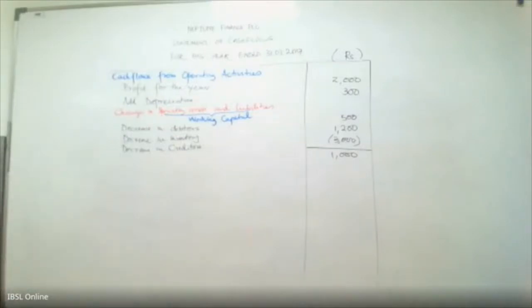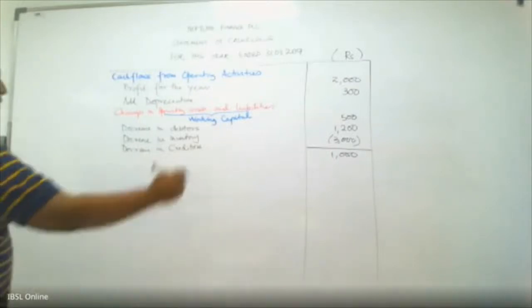Correct? Yeah, 18,000. So this 1000 is called